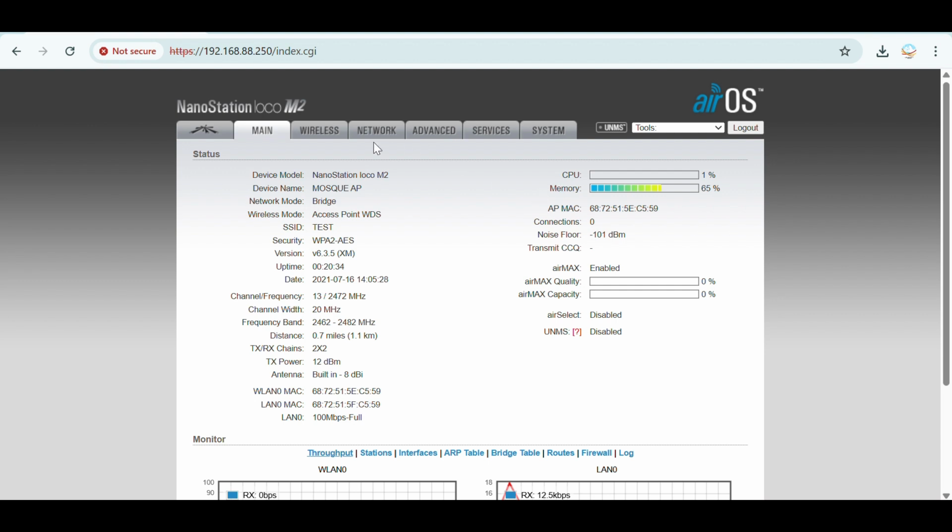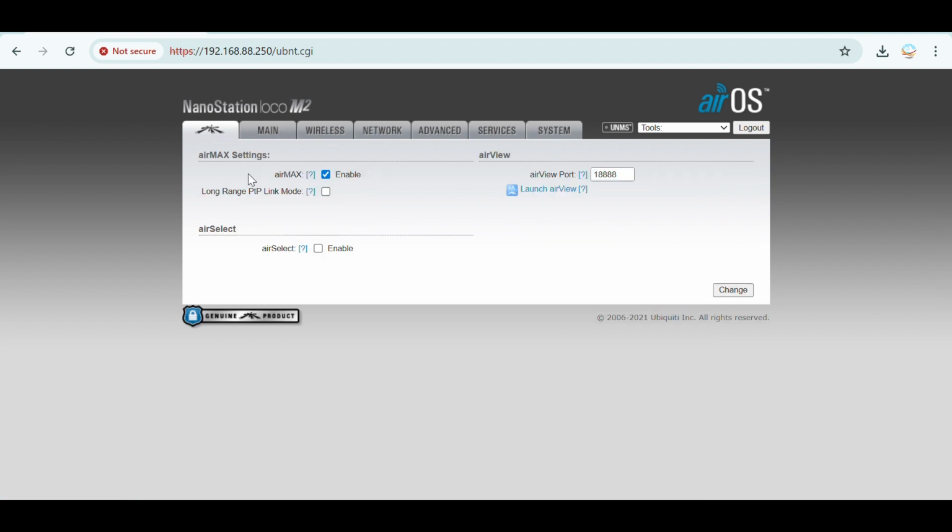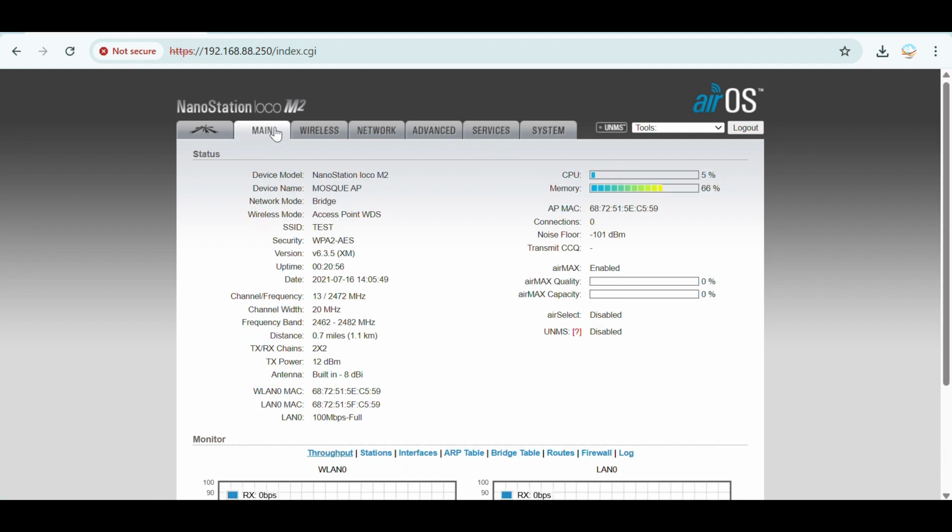So basically the first on the left side, on the top left, you can see it's AirMax setting. You can enable AirMax, long range, point-to-point link mode. You can actually tick it there. Then the second one is main. Under main, basically you'll find all the details: the device model, the device name, the network mode, the wireless mode,